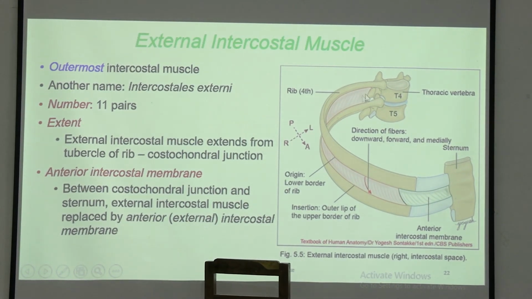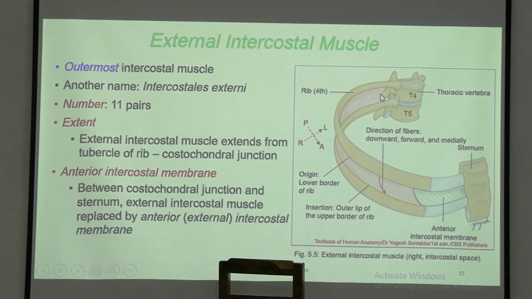You can see this is the external intercostal muscle. It goes up to the lateral side of the thoracic vertebra, traversing the whole space,